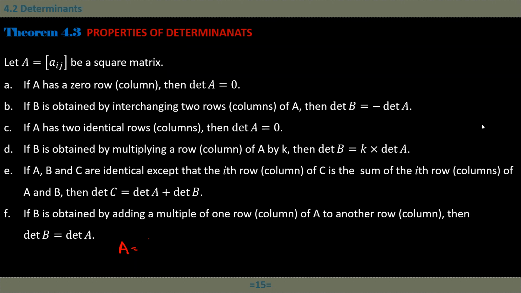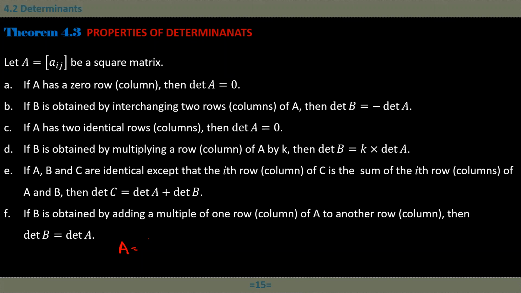So we were talking again about determinants. It's not so complicated. If you just know these properties, you will see that we can compute any determinant very fast. We're talking about the last property here. It says that if B is obtained by adding a multiple of one row or column of A to another row,